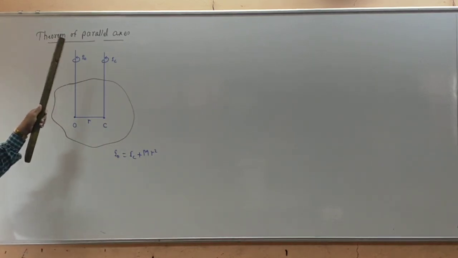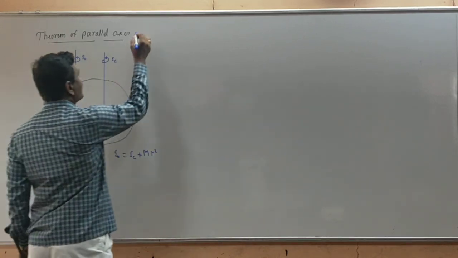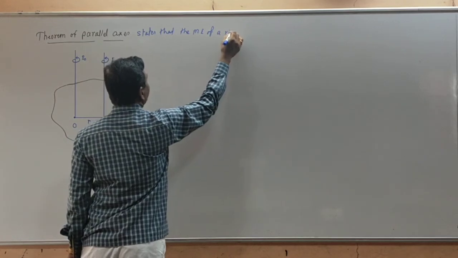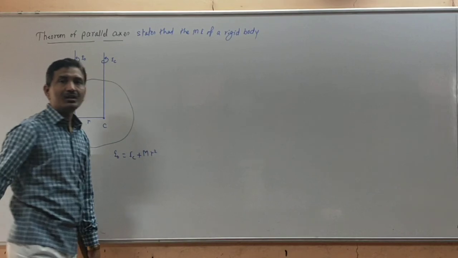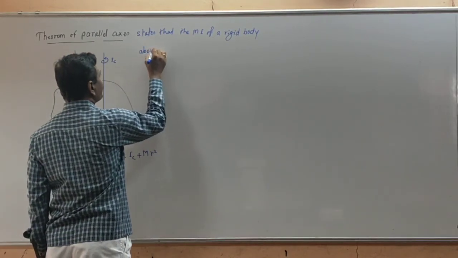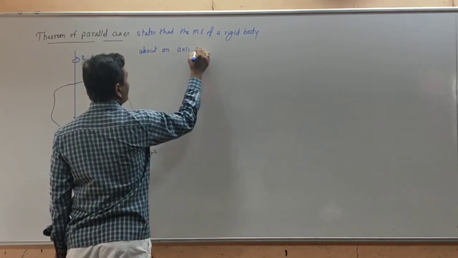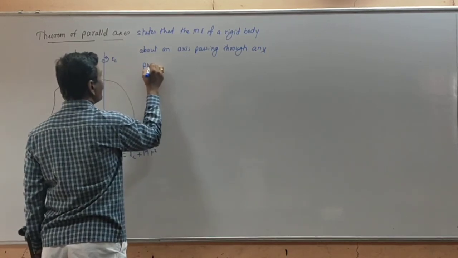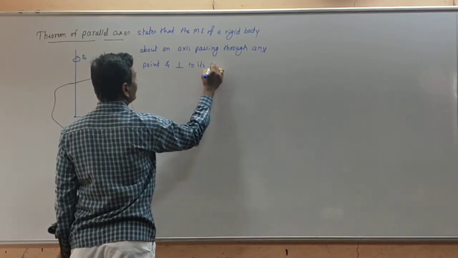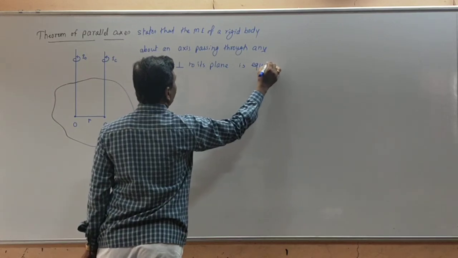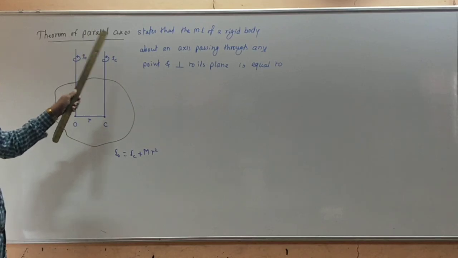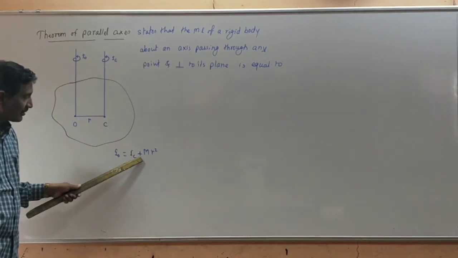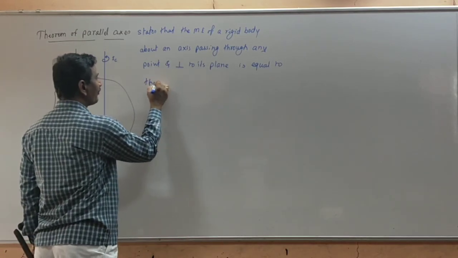So what is the statement of the theorem of parallel axis? The theorem of parallel axis states that the moment of inertia of a rigid body about an axis passing through any point and perpendicular to its plane, that is I_O, is equal to the sum of,